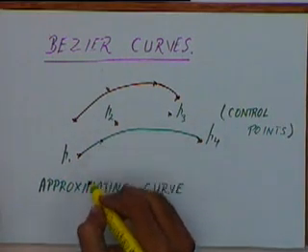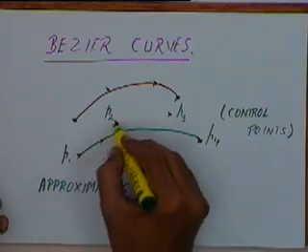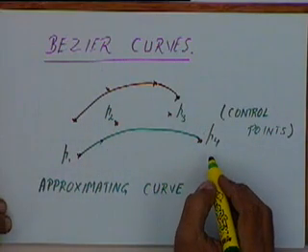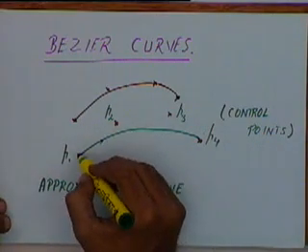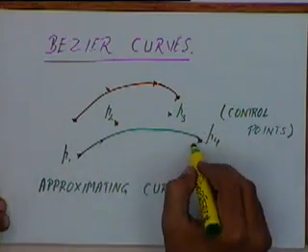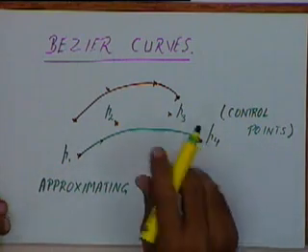Any point on this will only be approximated by these 4 points. This curve will never pass through any of these points except maybe the endpoints. Again? Then the least square method? No, no, that is a different kind of curve. We will define Bezier curves which will have a different definition. That is one way of approximating, but we are not doing that right now. I will give a definition for that.